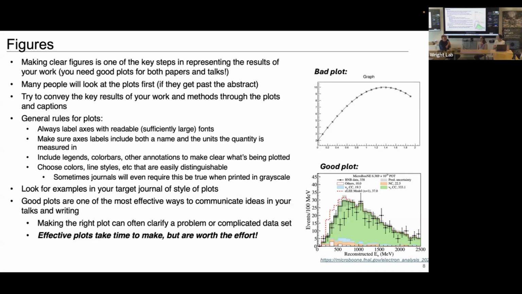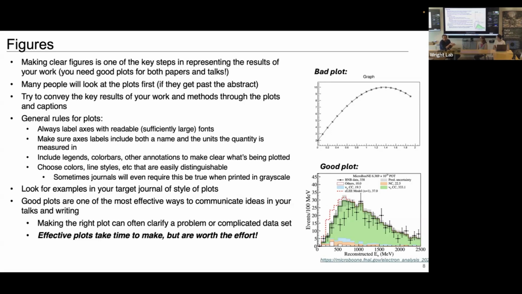So I have a question about color blindness, because I know somebody who cannot see green at all, so they would not be able to see that green. In journals, do they let you use patterns as well as color, or how do they address that? Yeah, the journals used to really enforce this a lot, that it should print in black and white and everything be legible. I think they're getting a little looser with that now that there are no printed copies of journals. But I think it's still a good idea to strive for this to be as legible as possible in black and white, and also be cognizant of people with different types of color vision.